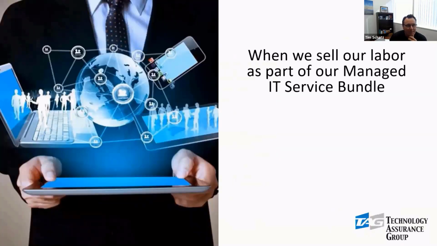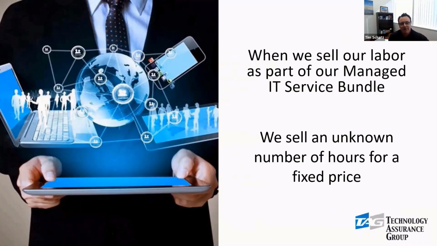When we sell our managed services bundle, we're not billing by the hour, obviously. So we have to sell the unknown number of hours for a fixed price. And we always talk about this. We can have 2 hours on a customer one month and 20 on the next, depending on what happens. But on average, we know how many hours a specific size customer is typically going to entail